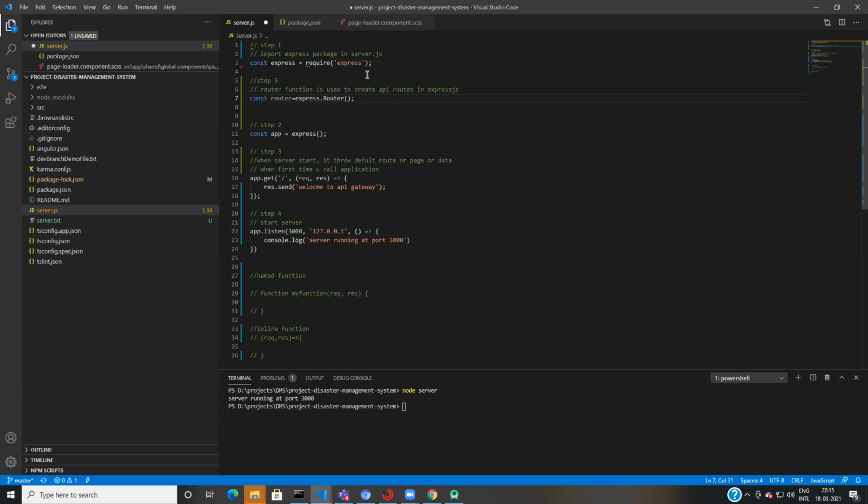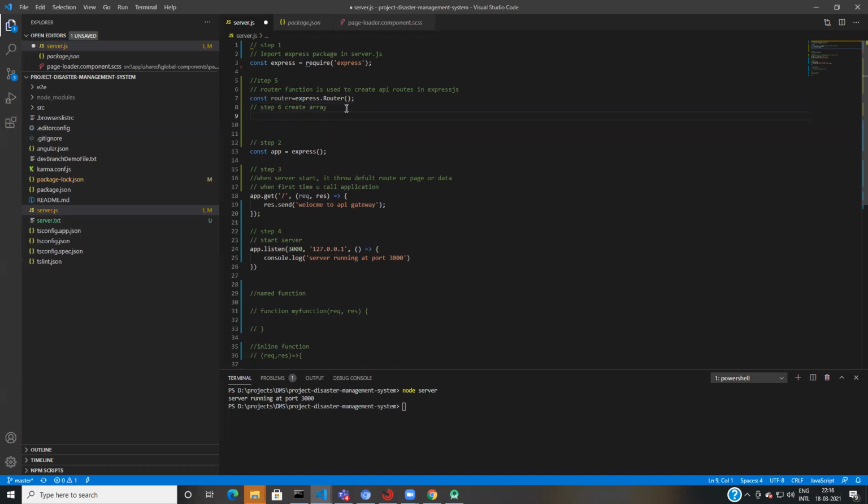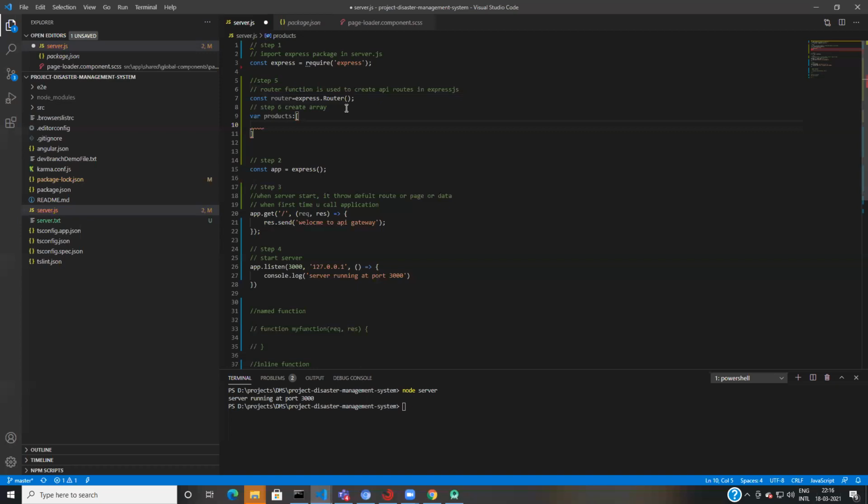To create our first API, I'll create one array, as I said. So step 6, create array. I'll say const products. I'm making a list of products.